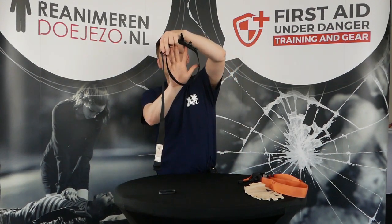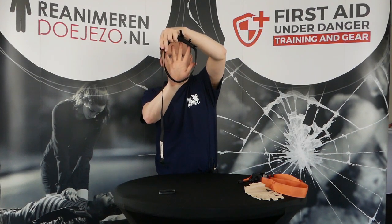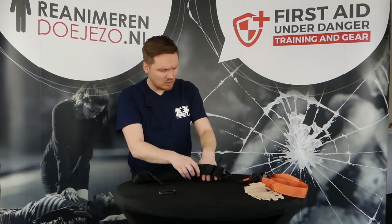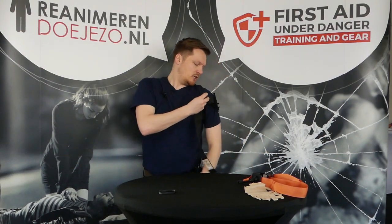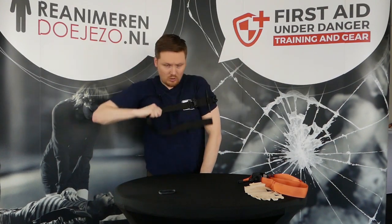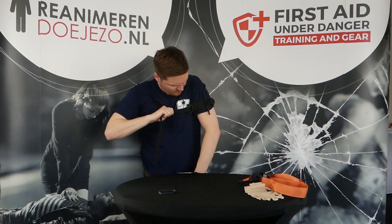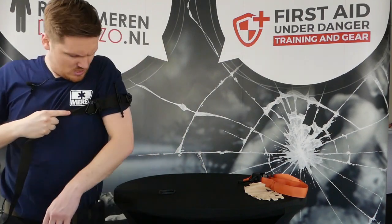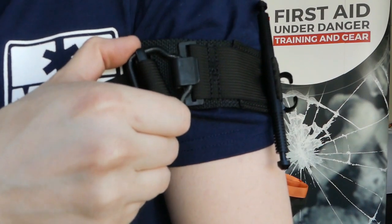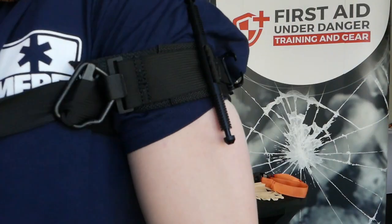So I think not the whole width of your hand, but almost, is the right way to do it for self-application, because now I can just place it over my arm as high as possible, keep it there, and then I will be able to go like this, then a second time, and probably then it is secured enough. But what you do see is if I do it like this, you see what happens? This doesn't stay here anymore and it goes like this. It's just much harder to